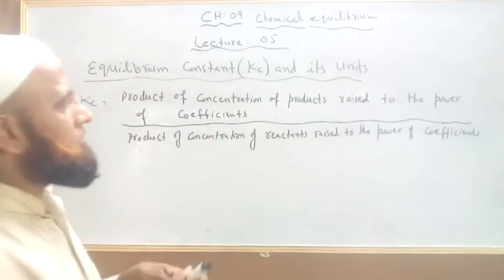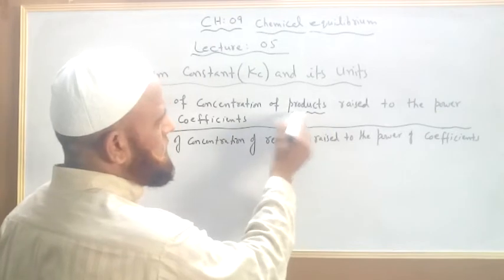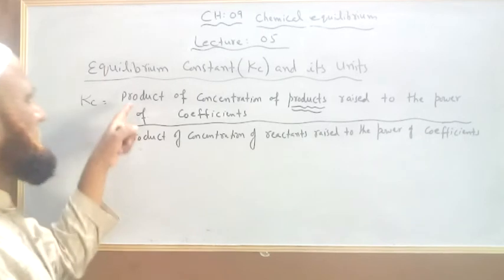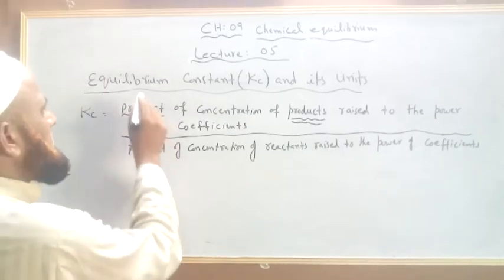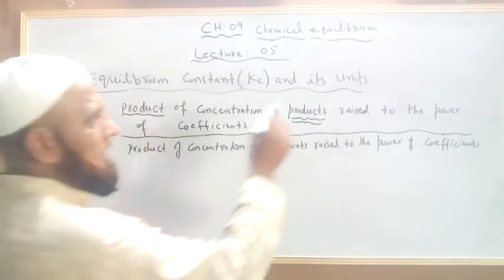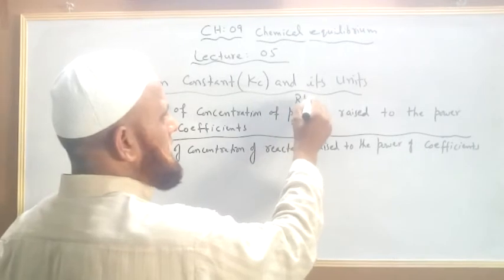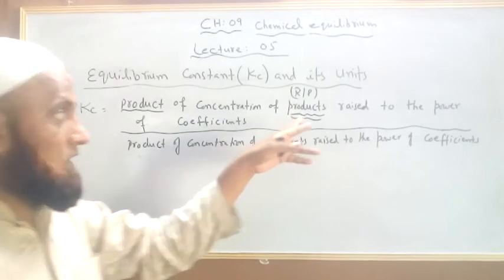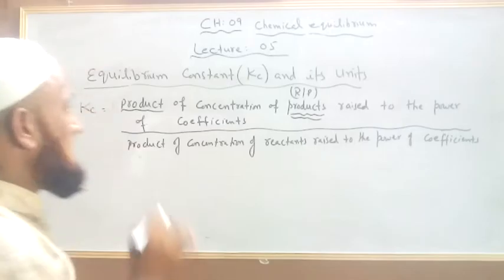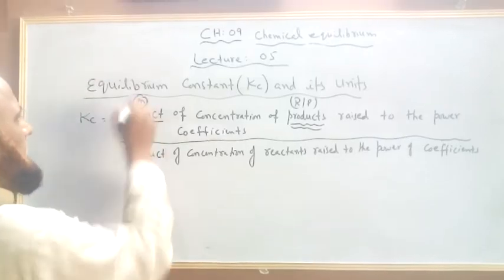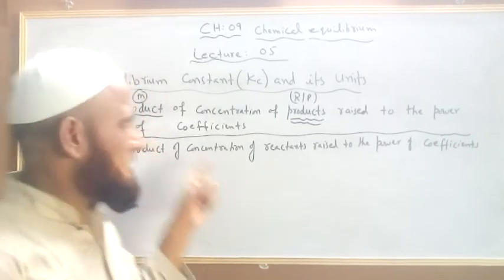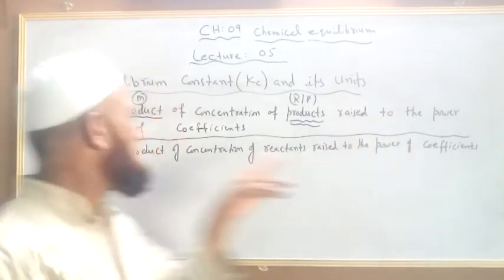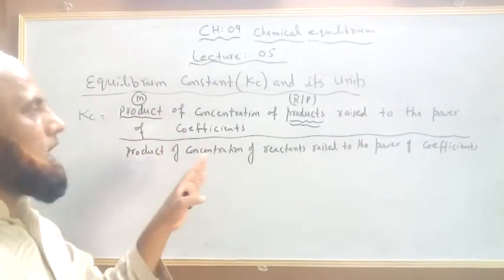Product of concentration of products, here we are going to use two words. This product means reactant and products, and this product means multiplication. You must keep in mind these products mean reactant and product. So here you have to use products, and this is your multiplication. So product of concentration of products raised to the power of coefficient, to the